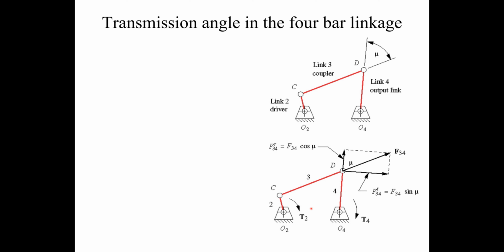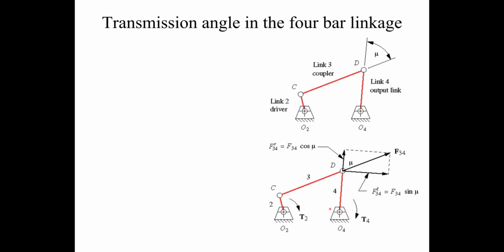So here you can see this is torque T2. Torque T2 is applied on link number 2 from the ground link. So the ground link is moving link number 2 with the torque T2. The torque T2 will apply a force on link 3, and that force will be transmitted to link number 4, and we call this force F34. And if mu is the included angle between these two links, this force will have two further components